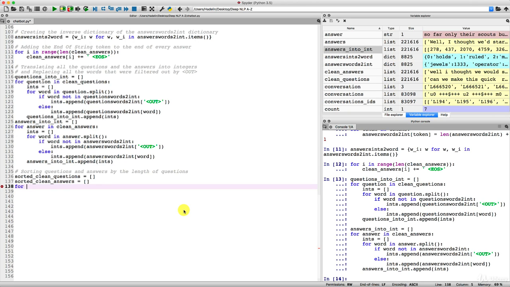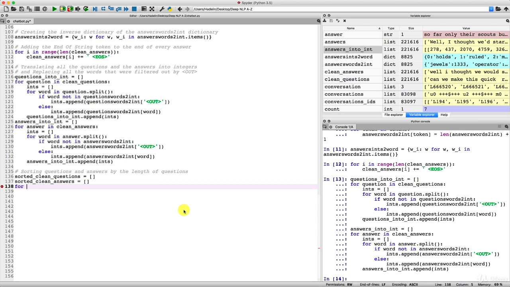But then we will make it stop at a certain length because we don't want to include the questions that are too long, like for example, some big texts. This will not help the chatbot to learn how to speak. It's like if you're training a child to speak English or French, you will not teach him with long sentences. You will start with some short sentences.